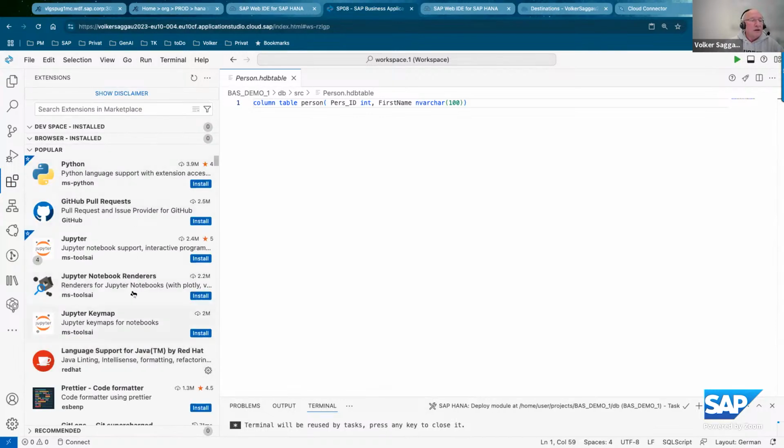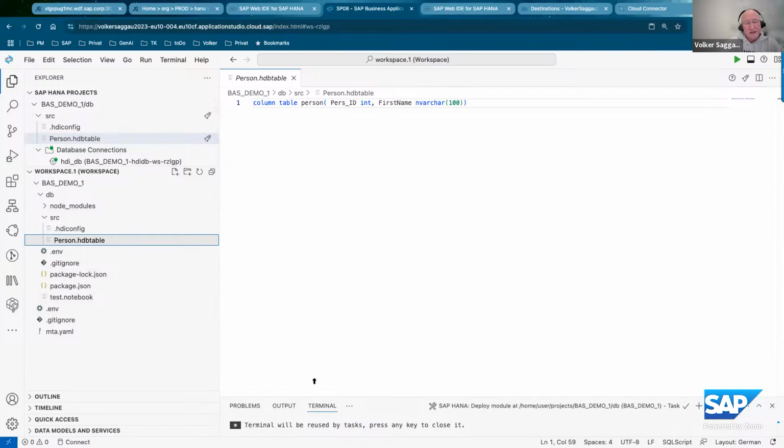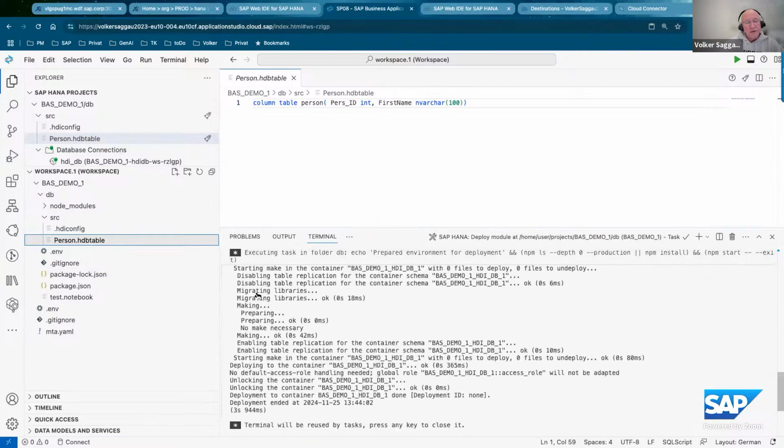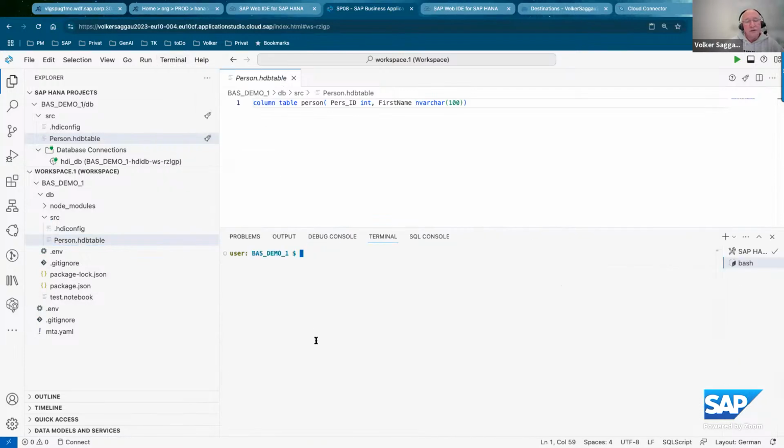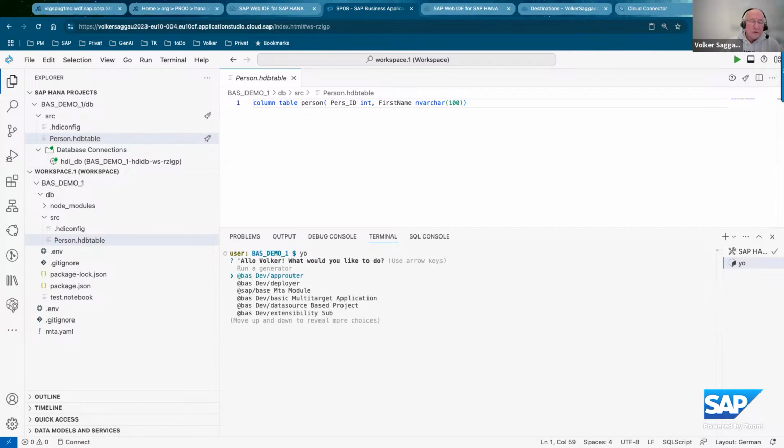You can load your favorite extensions, whatever you want to have additionally. You can get all the HANA tools. You can build your own extensions here. You can open the terminal here. You can run your own terminal things. So you can use Yeoman. That's also included here. So you can run various generators which we prepackage, and